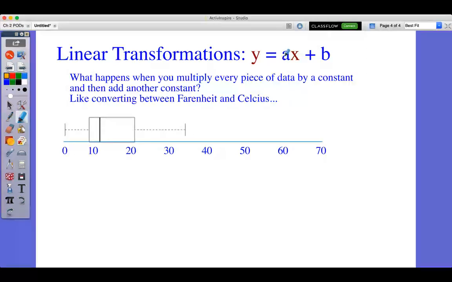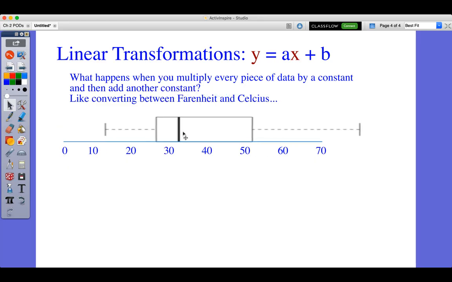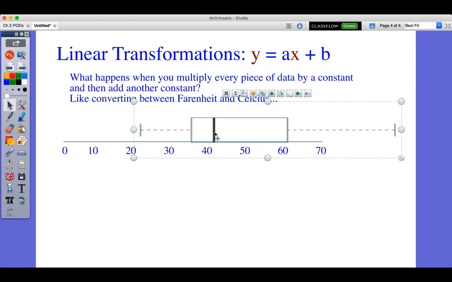So we're multiplying by A, and then order of operations would say, afterwards you add a constant, okay? So if we double everything, then the first thing that happens is it's going to stretch, and it moved my center, okay? So my 12 became a 24, and then if I add, let's just add 20 this time. If I add 20, notice it becomes a 44, okay? So what happens when we do both, all right? When you multiply and add,